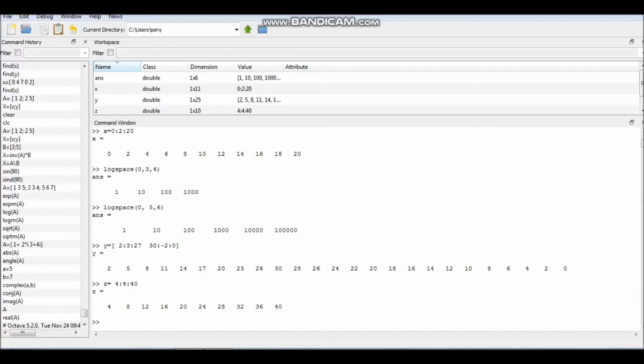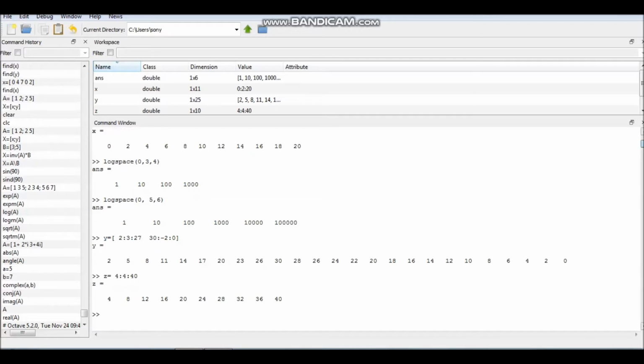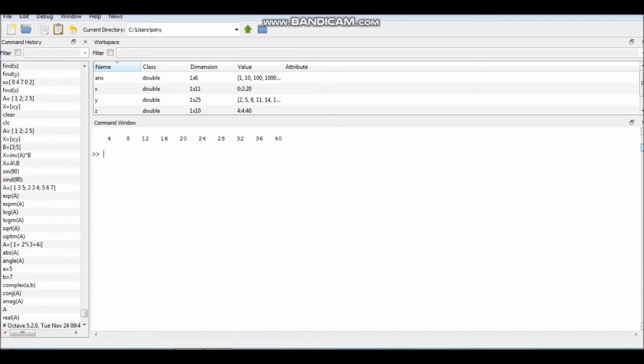Next thing is how to enter a matrix. So let us write a matrix A, which is a 3 cross 3 matrix. The entries would be like 1, 2, 3. This is the first row, then a semicolon means we are entering the next row, then we give the next entries, then the next row and next entries.